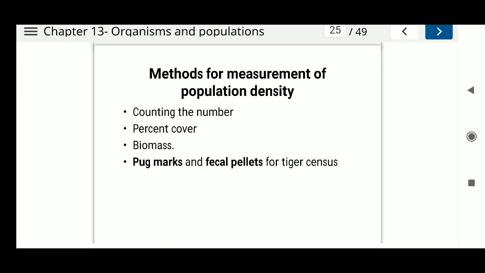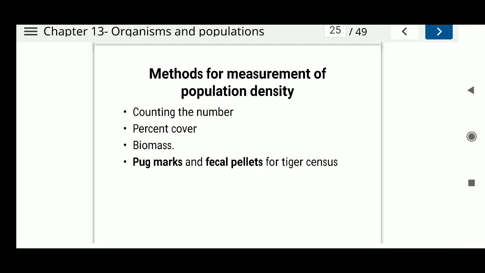At this time what will we see? The percent cover or biomass is a more meaningful measure. Because the banyan tree will cover more area, it will have more biomass in comparison to Parthenium. So at this time we take the population density by percent cover or biomass. Now if you will see, many times